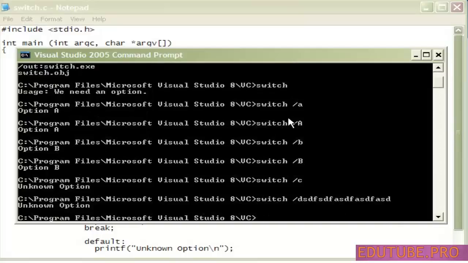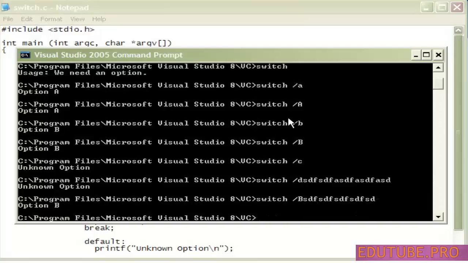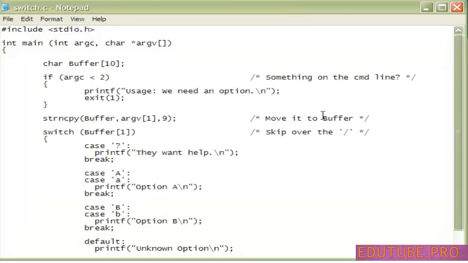And notice a little bit of a side effect here. If we start our gibberish with a good character, that /B. Remember, we're only looking at the valid first character there after the slash. So this will match as option B, even though there's a bunch of junk there that we never look at and don't care about. So we have to decide and talk to the program managers, is that acceptable for them to put that garbage out there? Or should we tell them, no, you can't do this? And then that adds more code, and that's how we make a living. So that's the switch statement as compared